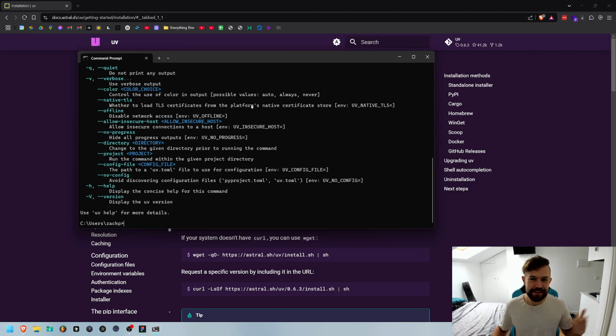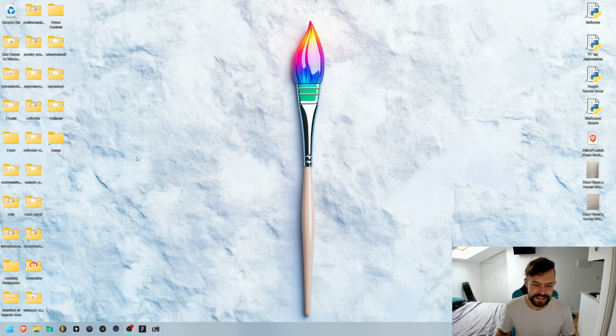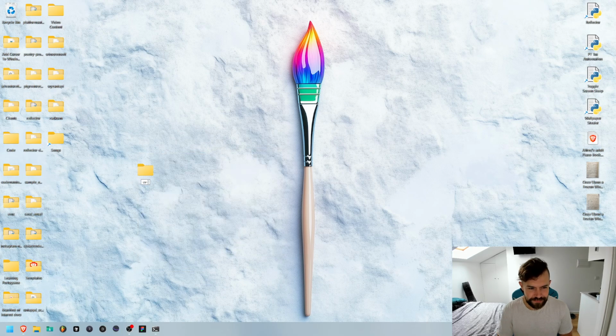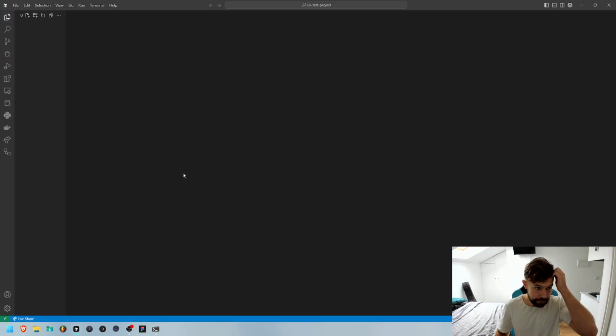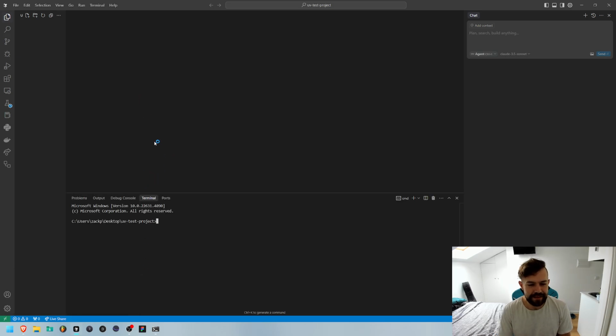Now, once that's out of the way with the installation, then we can actually go ahead and start a new project. So I'm going to go here, create a new folder, call this UV test project. Open it up with your favorite code editor. I personally use Cursor. Once you have your code editor pulled up, you can open the terminal in this folder and then type in UV init like so,